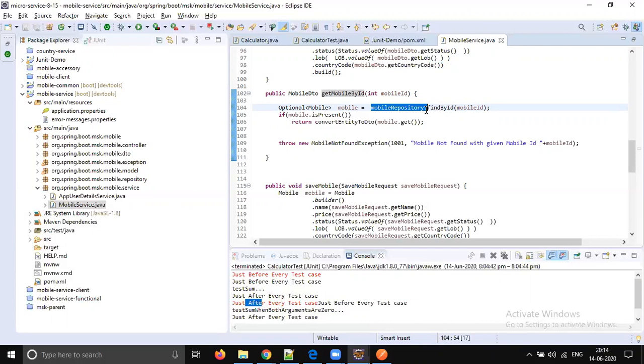If database is giving valid data, what is the expected output? That is one test. If database is giving null, what is the expected output? If database is giving some invalid data, what is the expected output, right? So this is how we will unit test our code. This method is going to have a couple of test cases based on the data which the database gives.